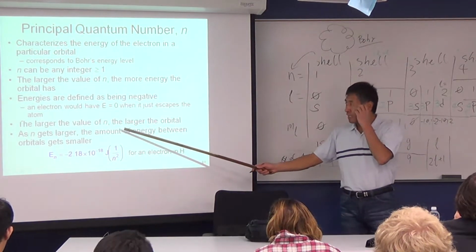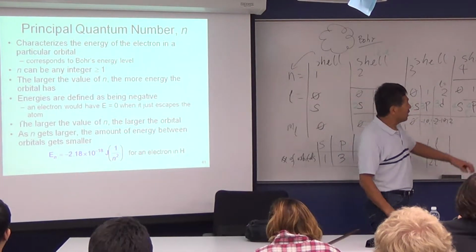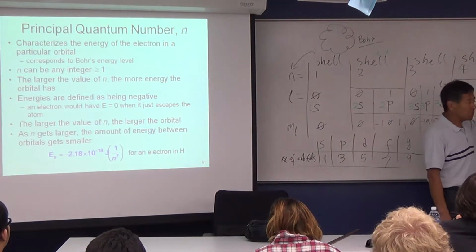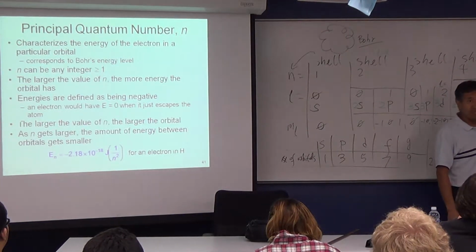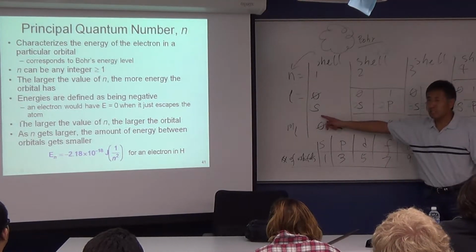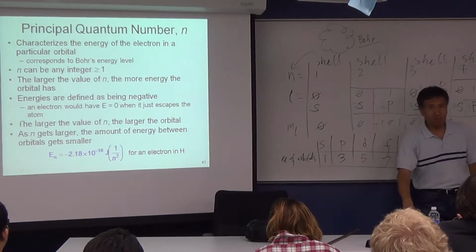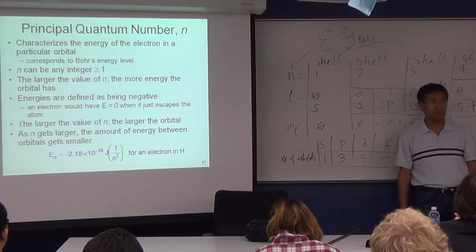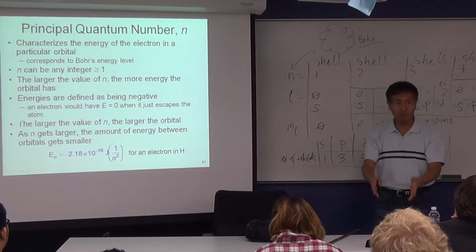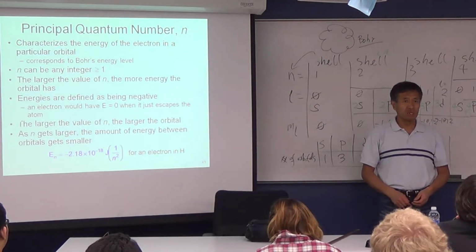So when the n gets larger, the orbital gets larger. And what that means, you have those s-type spherical shapes, the p-type dumbbell shapes, and what's the difference between them? You have the 1s, which has the lowest energy. It's kind of like deep in the bottom of a well, deep into a hole. So that's called the 1s, the lowest one.